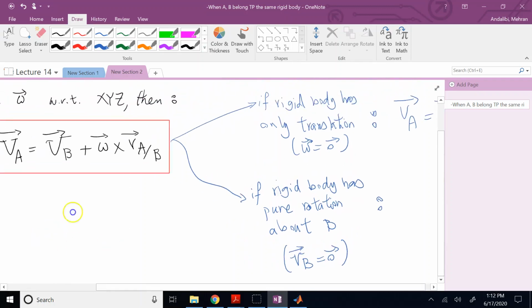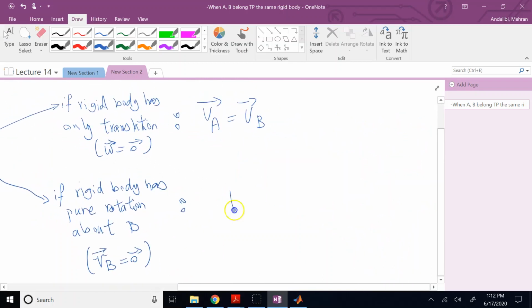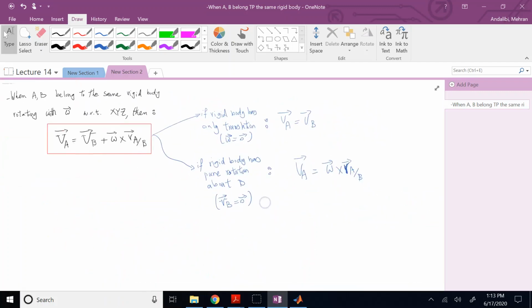Then what would you get? You get V of A equal to omega cross R of A with respect to the center. Is that correct? Yes, this is the formula we just learned in the previous lecture, right? That V equals omega cross R, and R is the vector that connects the center of rotation to the current point. So you see, this general formula covers easily both of the two scenarios that we have seen so far,